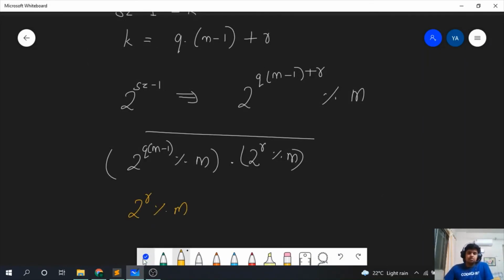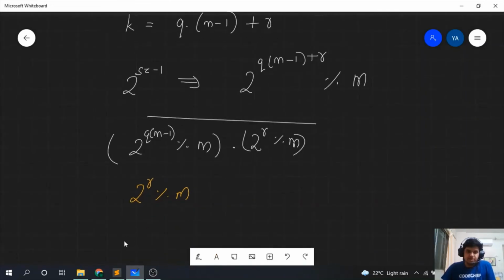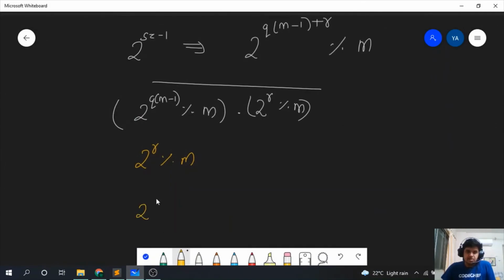So what can we do of this? Now let us revisit here. So what is r? r is basically k mod m minus 1, right? Because if you divide k by m minus 1, then the remainder will be r, correct? So we can write r as 2 raised to k mod m minus 1. And what is k? k is nothing but sz minus 1. So this can be written as 2 to the power sz minus 1 mod m minus 1